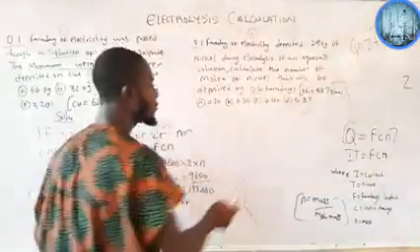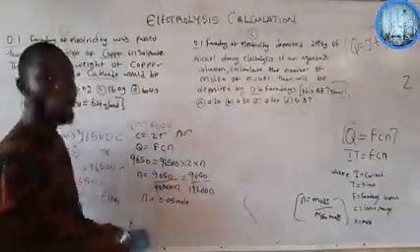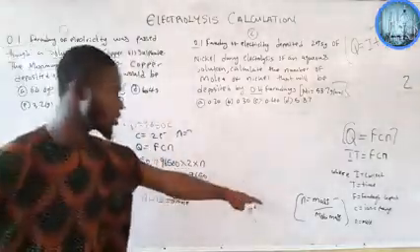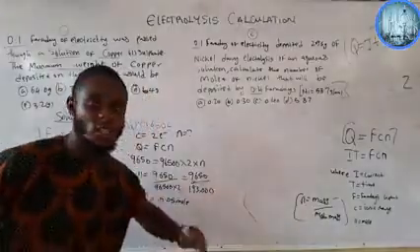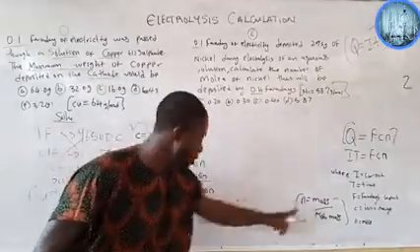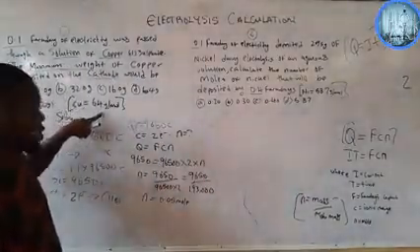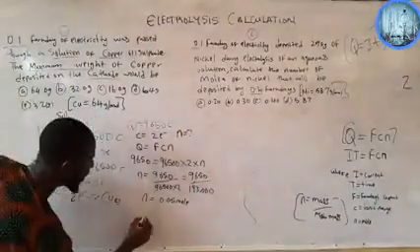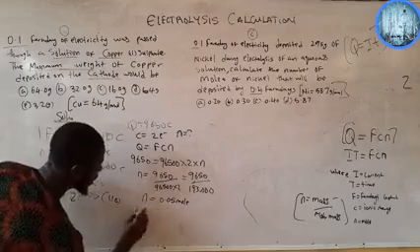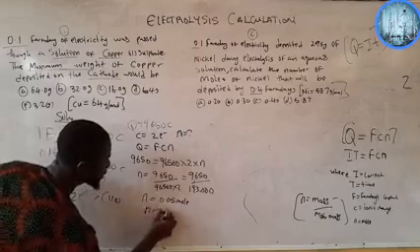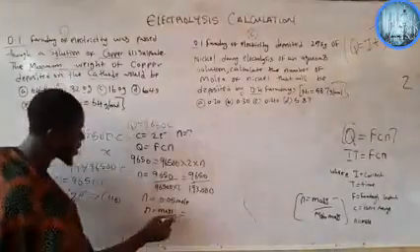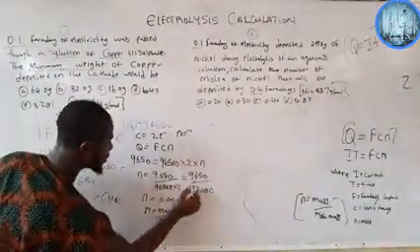From this mole that we have here, we can now go back to our very popular concept of mole. We say that the number of moles is equal to reacting mass over molar mass. From this, you can get the mass. Since we already have the mole and we have the molar mass, which is 64, you can now say N equals mass over molar mass, right? Then our number of moles will now be equal to